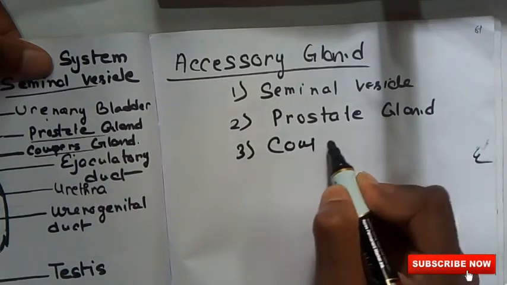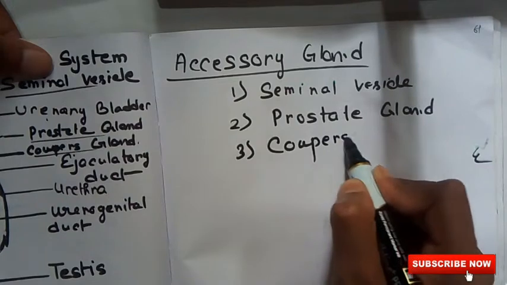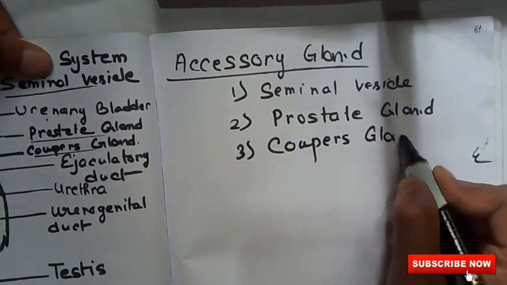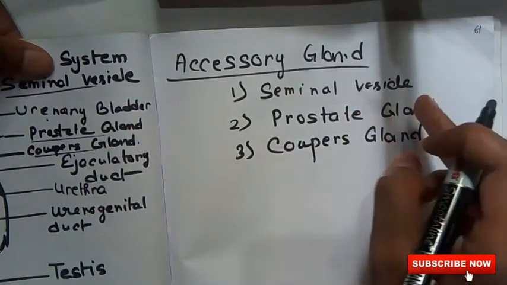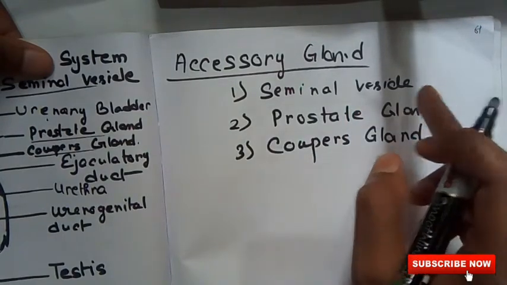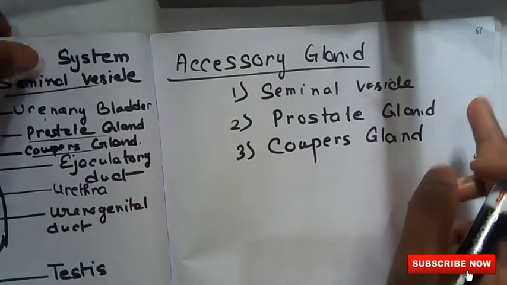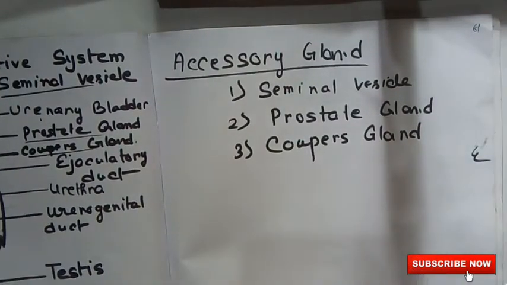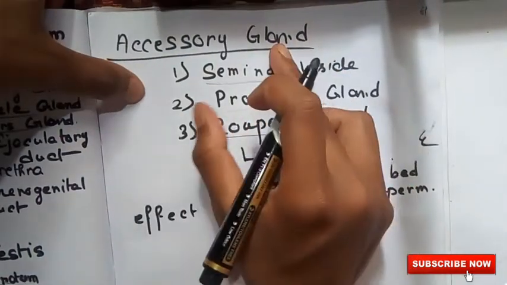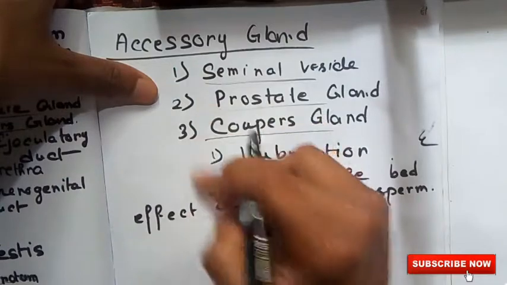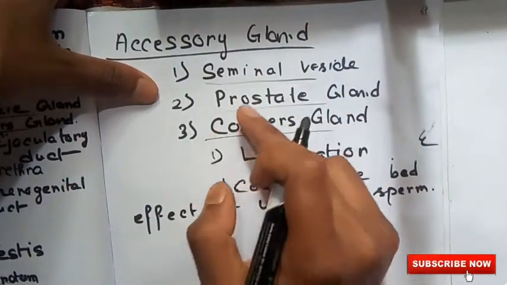So these three are the accessory glands of the male reproductive system. So let's talk about the functions of the accessory glands: the seminal vesicle, the prostate gland, and